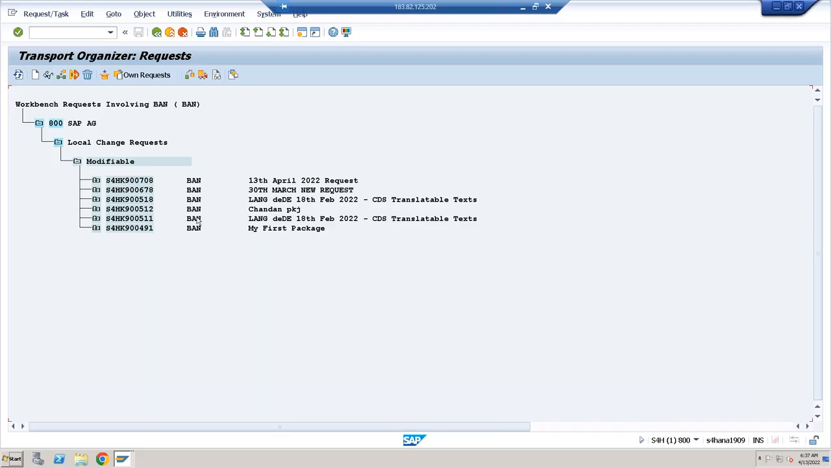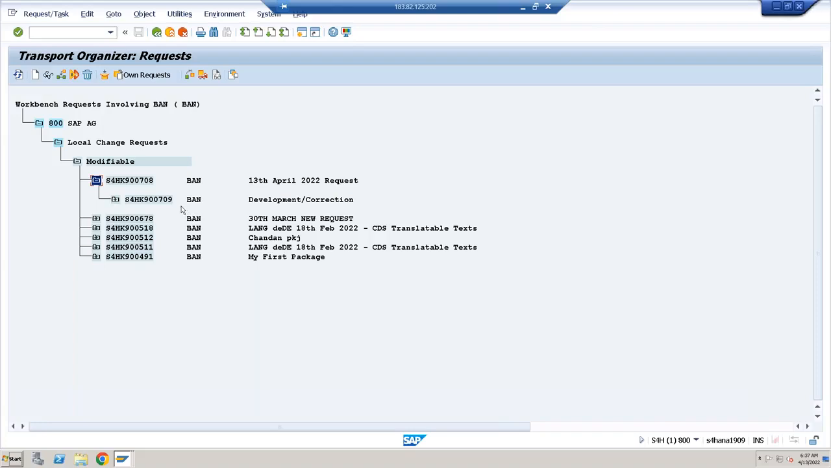BN. Right. Next, what do you have to do here? I'm still in which user? I'm in Sridhar user. So on behalf of this logged in user Sridhar, I have to create a task. Let me create the task. So under this 708, which is the main request, what I'll do here,